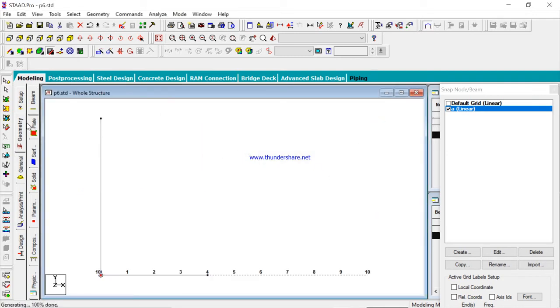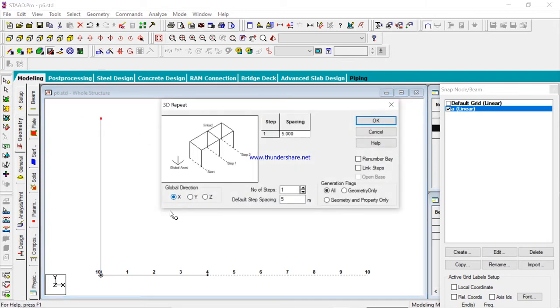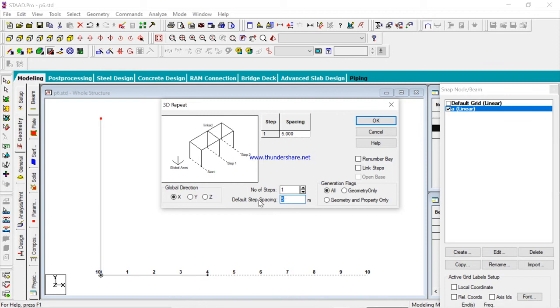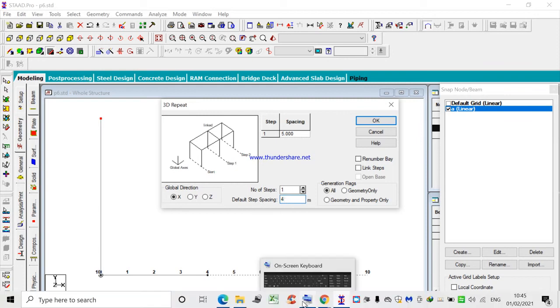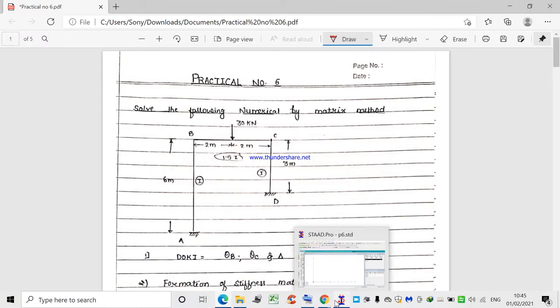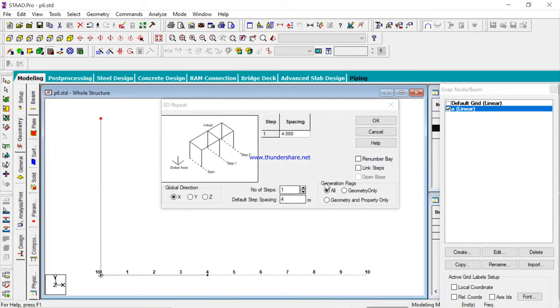Now the next dimension will be your horizontal dimension. It will be considered in the x direction, and the total distance is around 2 plus 2, 4 meter. So here it will be 4 meter.